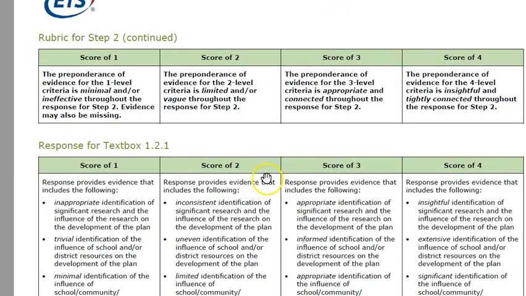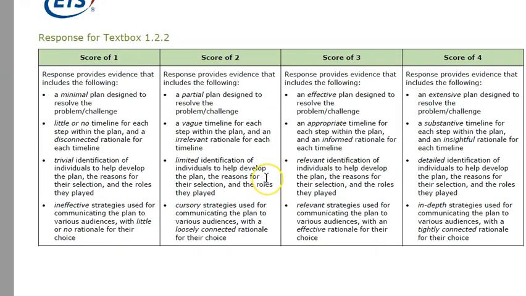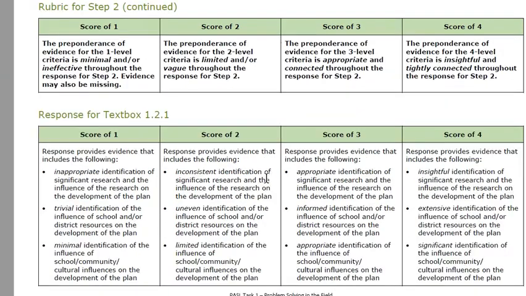Okay, so here's part of the rubric, and I really prefer this part a little bit more than the other part, because this part really does focus on the evidence of your plan. So for score 1, this is bad. If you make a bad score, the minimal score,